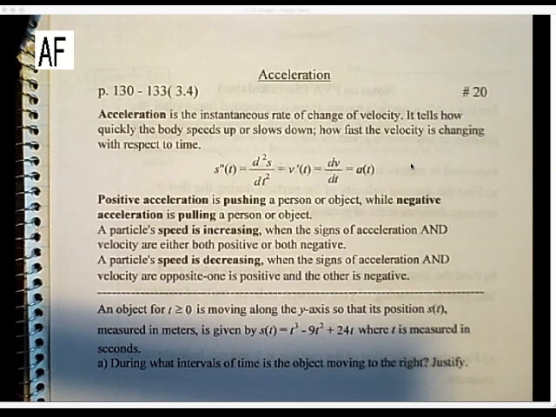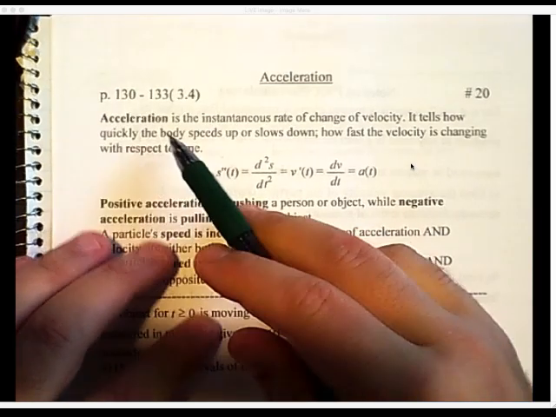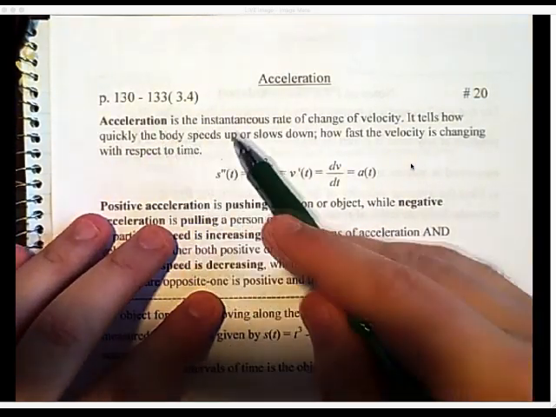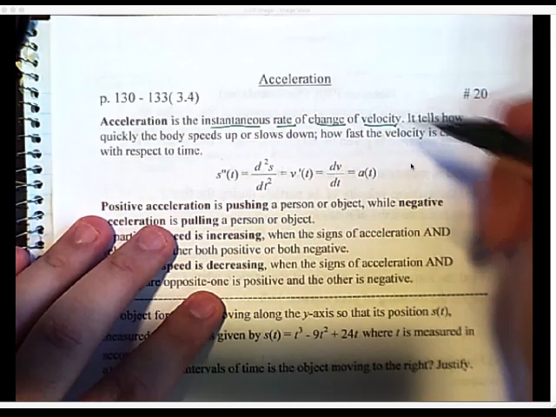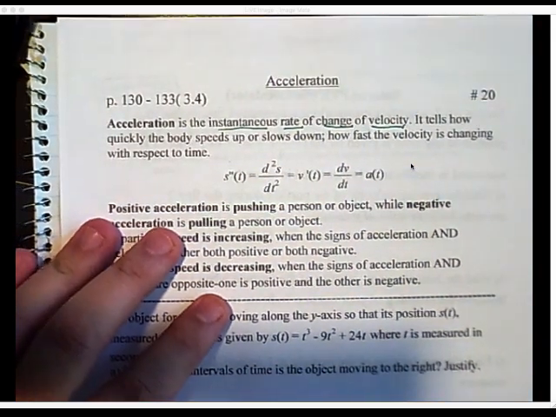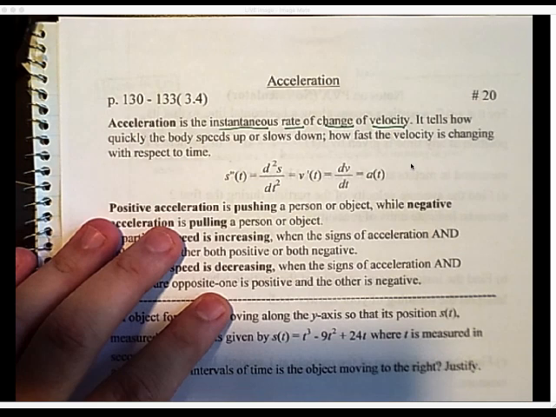All right, y'all, this is note card 20. It's called acceleration. Let's see what it says. It says acceleration is the instantaneous rate of change of velocity. It tells us how quickly the body speeds up or slows down, or how fast the velocity is changing with